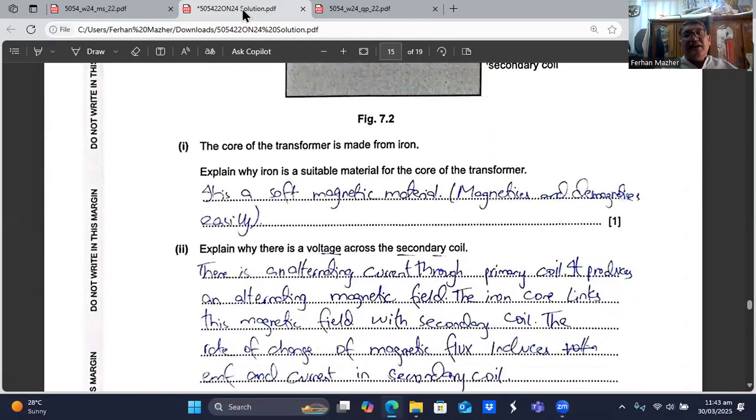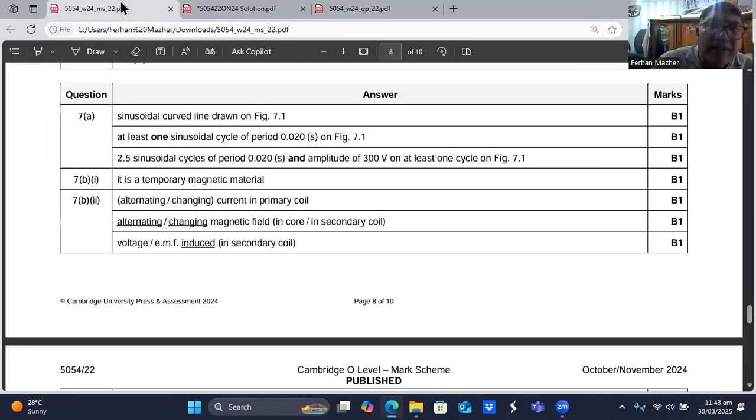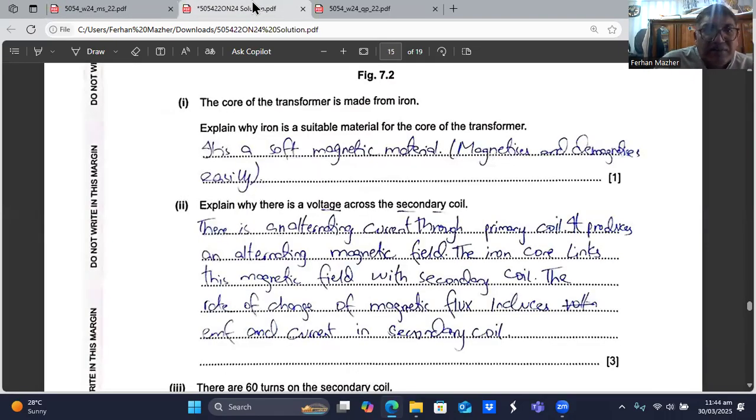Okay. It's a soft magnetic material, it magnetizes and demagnetizes. These provide the path for the electromagnetic flux to pass from the primary coil through the secondary coil. So it's a temporary magnet, and another very good thing about iron is that it's a soft magnetic material. When you provide it with the magnetic flux, it converts into a magnet, and when you switch off that magnetic flux, it demagnetizes immediately. It's a soft magnetic material. Okay, then he says,